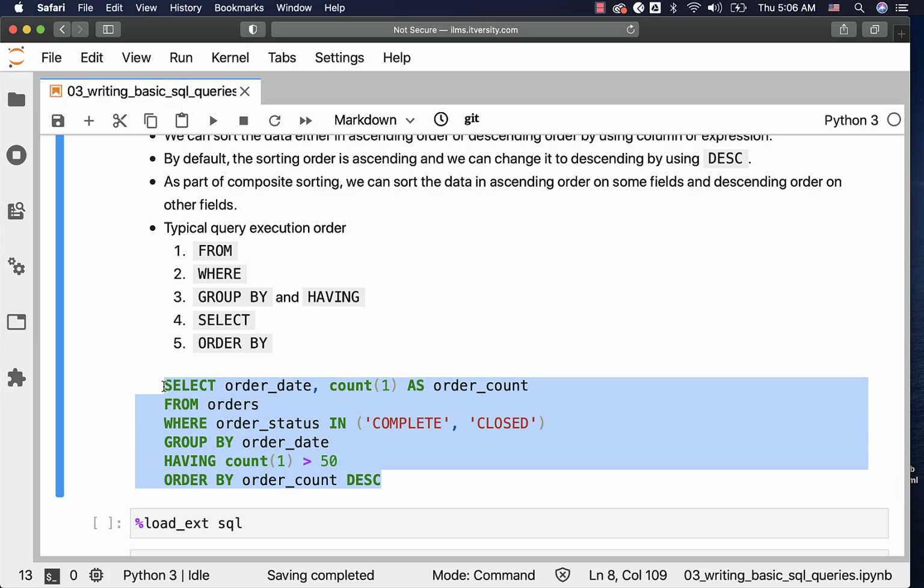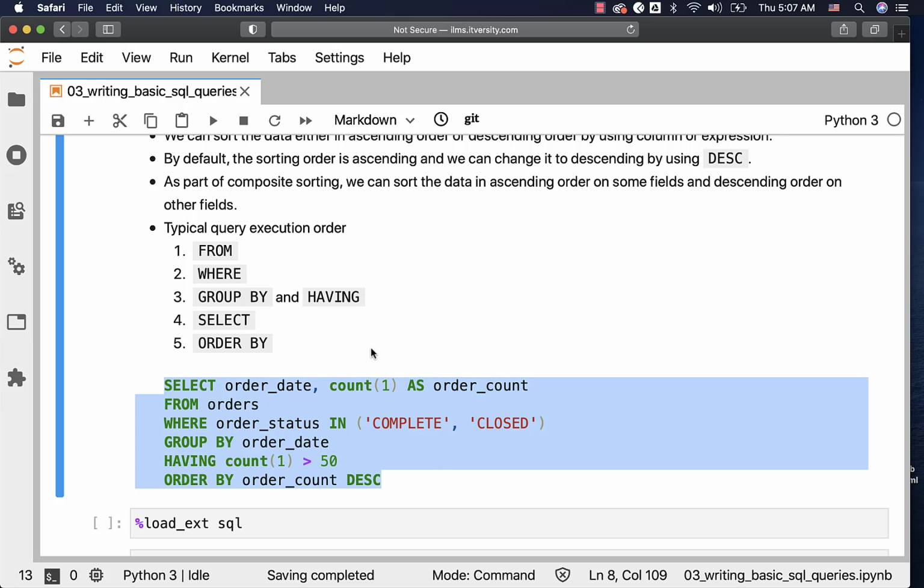You will have the from clause in which you will be specifying tables. You will have the where clause where you will be filtering the data. You will have group by to group the data by a particular field. Then you will have having to actually filter the data on aggregated results. And then you will have order by. As part of the select, you will specify whatever fields you want to project as output. This is the order in which you typically develop the query. You start with select, then from, then where, then group by, then having, then order by.